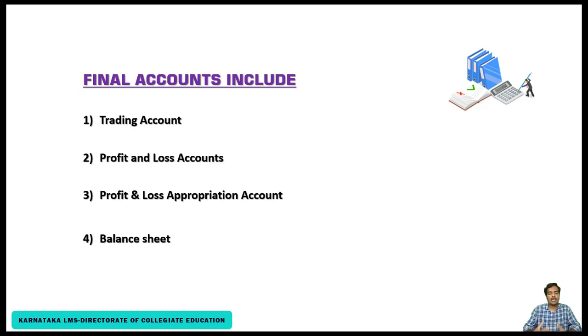These are the major accounts that are to be prepared at the end of the accounting year because each and every account has its own relevance in determining the financial health of the business concern. With regard to trading account, it is going to find out the trading results. And with regard to profit and loss account, it is going to judge the net profit or net loss of the business concern by taking into consideration all the indirect expenses and losses, etc.